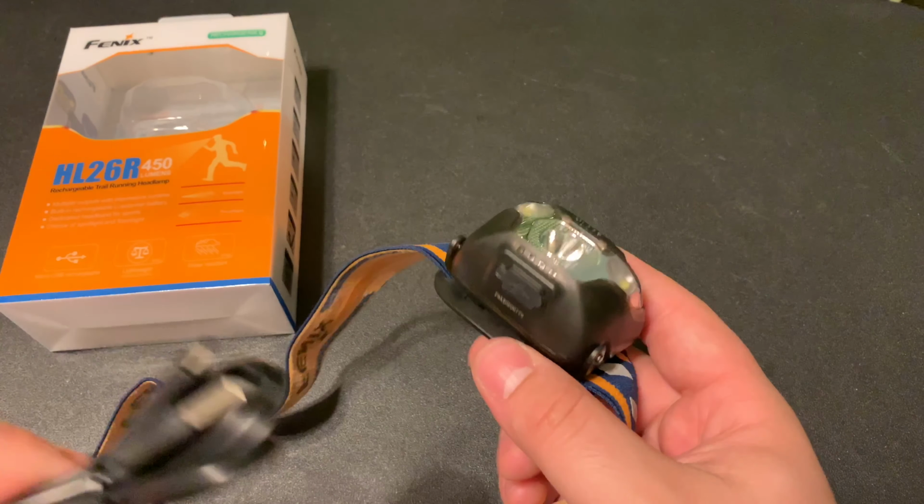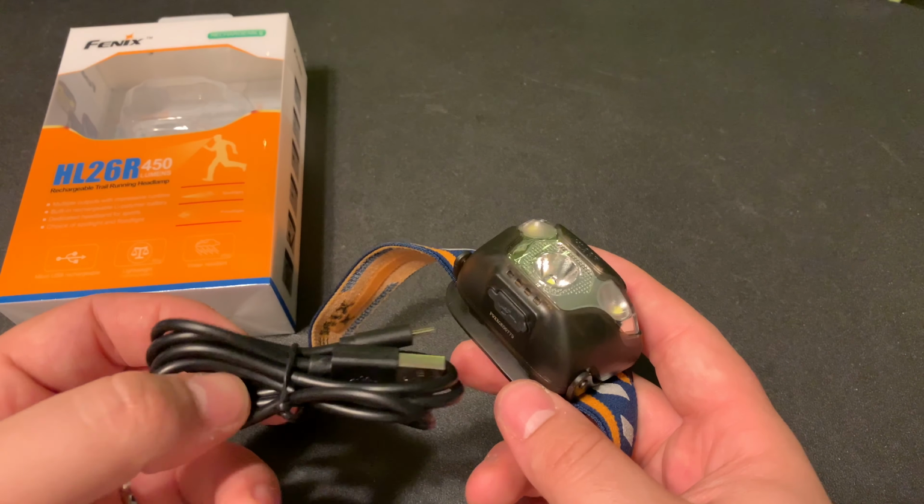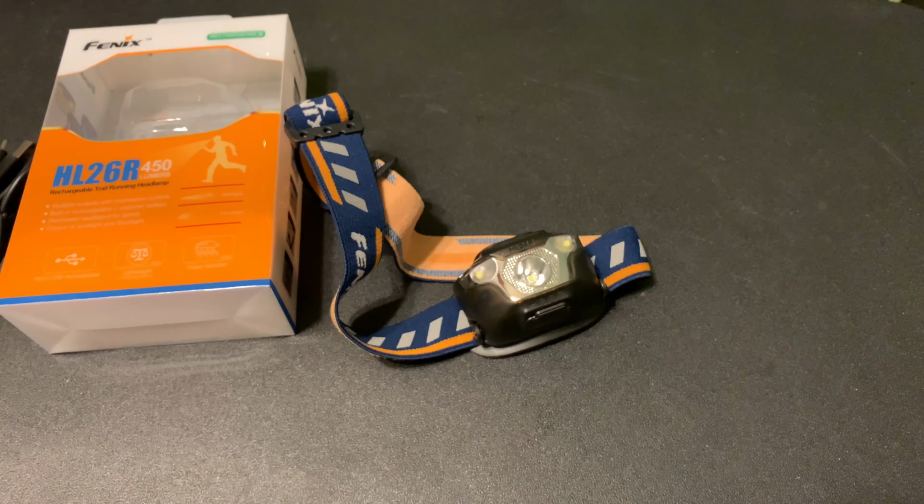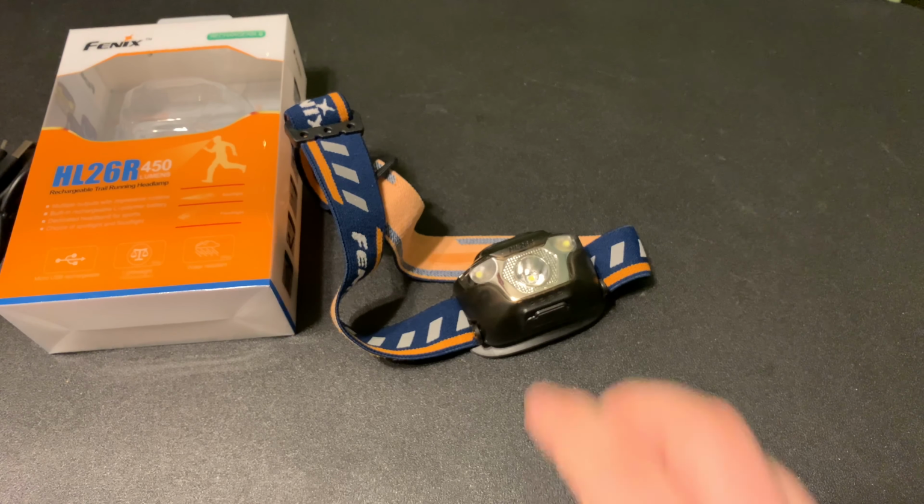A lot of people really love the rechargeable aspect. Myself included, I do enjoy rechargeable batteries. But that brings me to my cons. So the cons about this light are a couple. First of all,